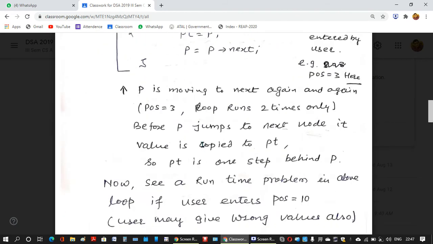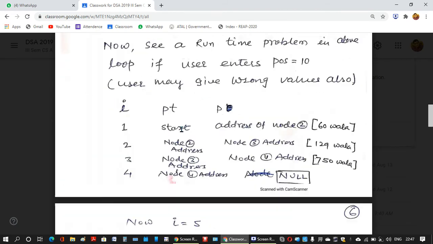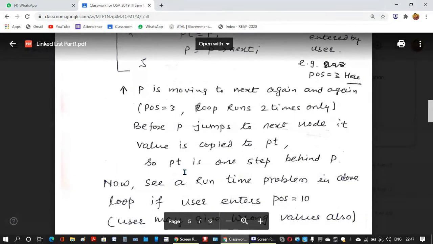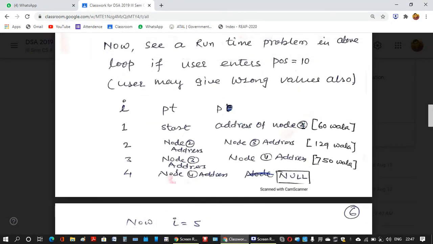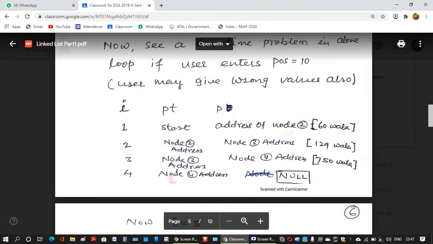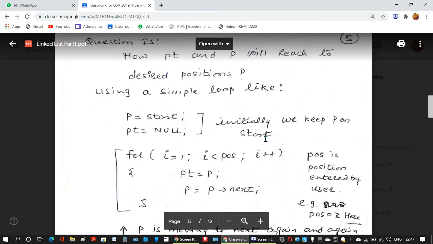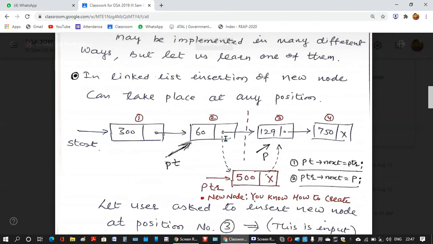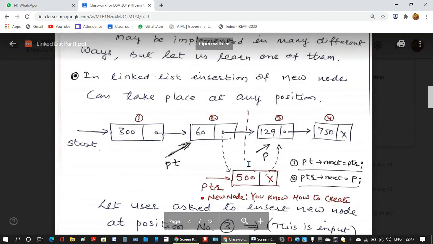But what will happen to P? When I equals 1 and the loop runs, P reaches node number 2. I have written 60 here, that means which node? The second node. So P reaches here in one jump.